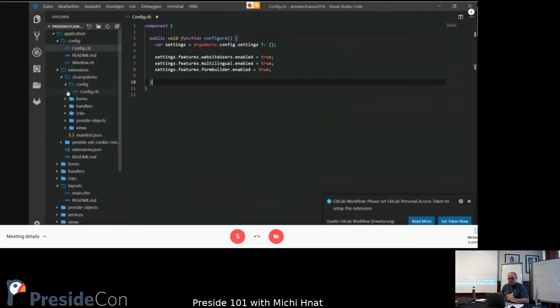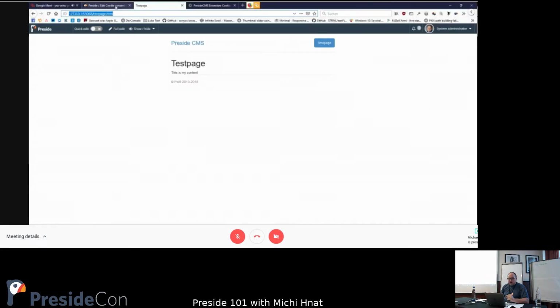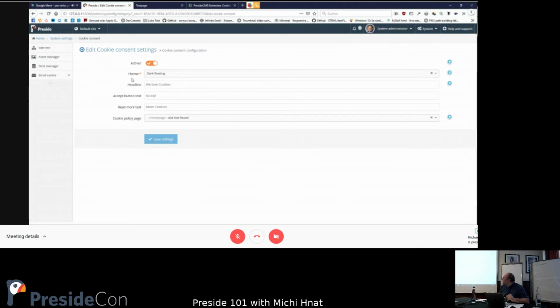And what that means if I reload my application is, and we go to that one. So please have a look here on the left side. Here we have our site tree, asset management, the data manager, and the email center. And if I'm going to reload that,